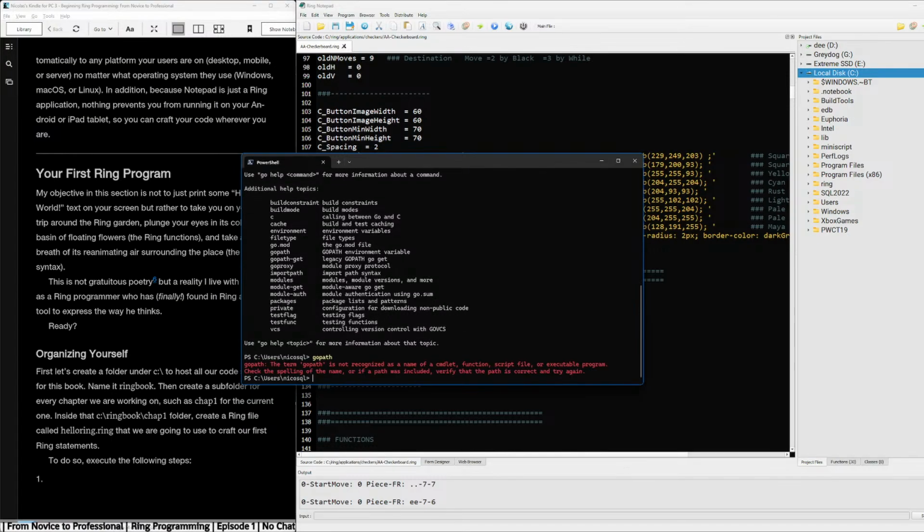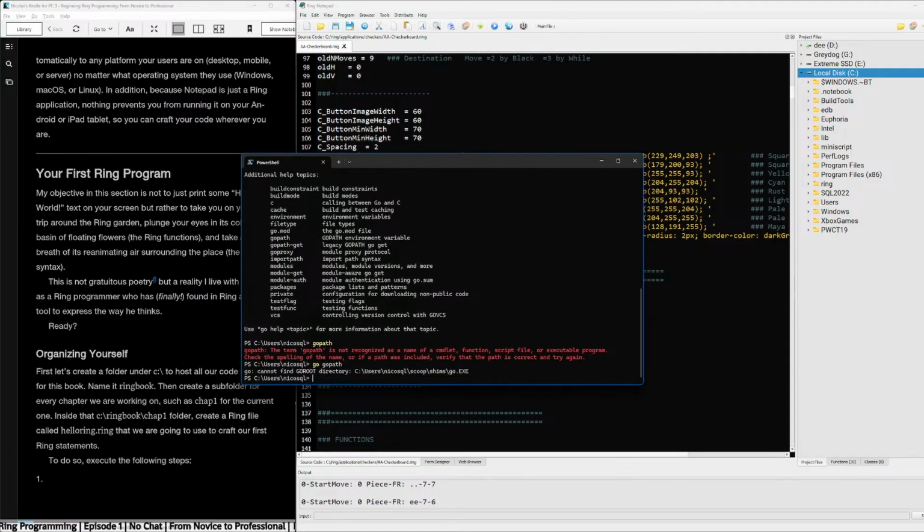Go path. I guess it's different on Linux, because on Linux there's go bin and go. Well, you don't have to set go path. Or maybe I don't.